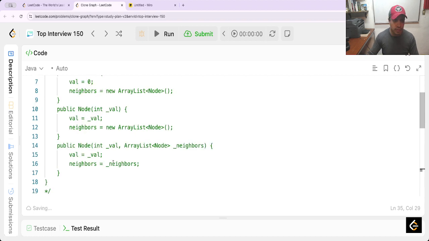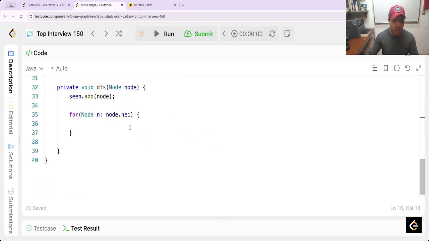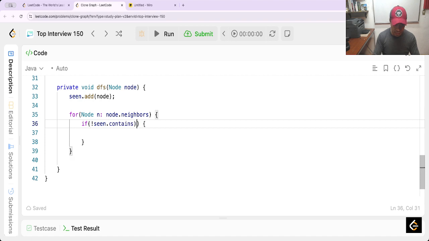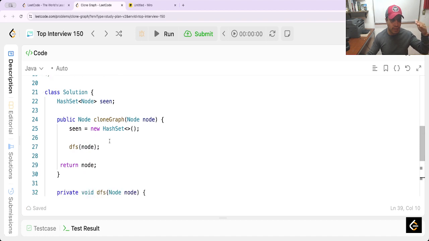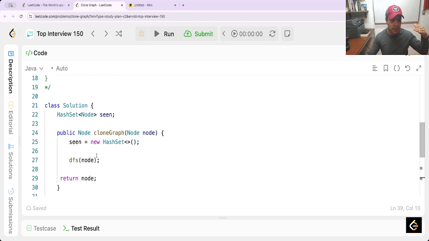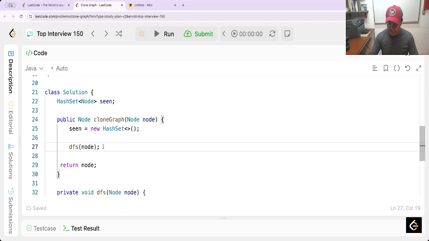What is the name? Neighbors. And here is basically if seen that contains n, DFS n and it is added. And with this basically we can get all the values here, executing this we have our